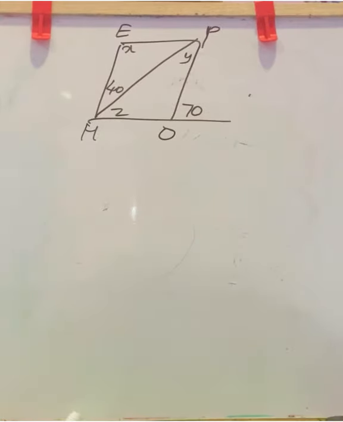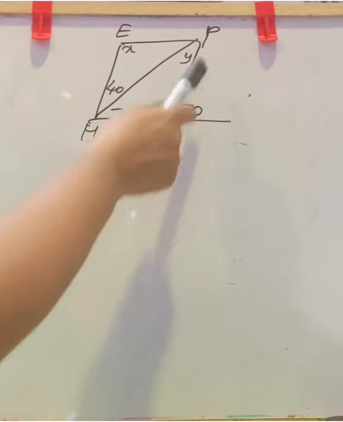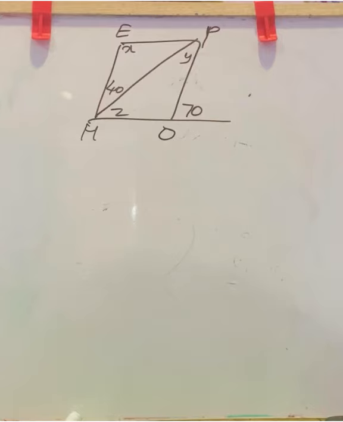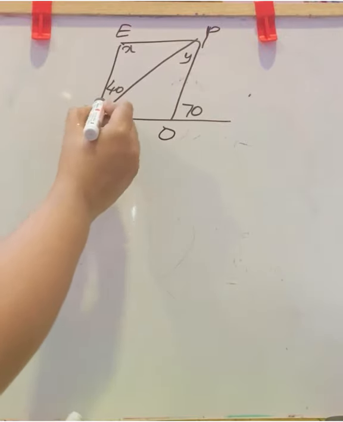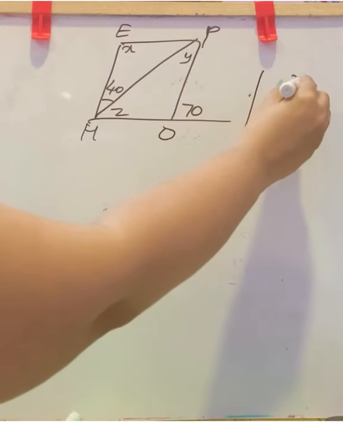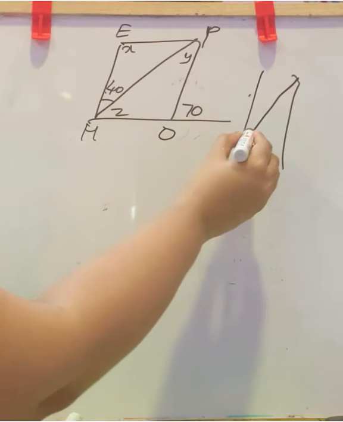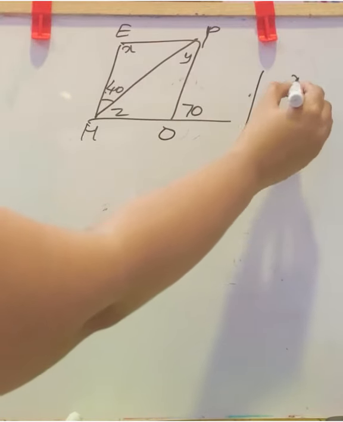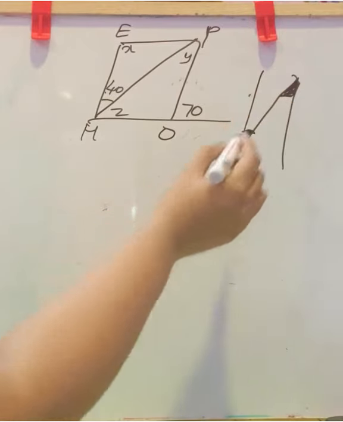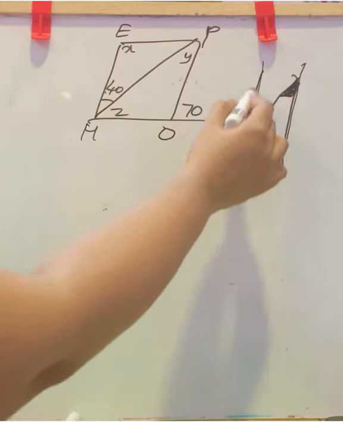Next question. The adjacent figure, that is HOPE, H-O-P-E, is a parallelogram. Find the angle measures x, y and z. State the properties you use to find them. Now it is given, here it is 40. So if this is 40, we have a parallelogram and a transversal falling like this. We have this angle 40, then this will also be 40. That is alternate interior angles inside these parallel lines.